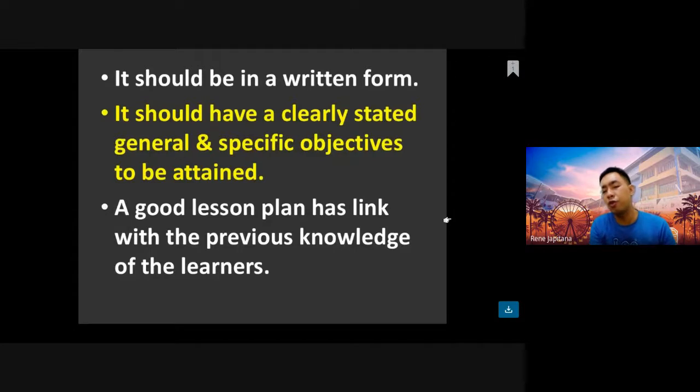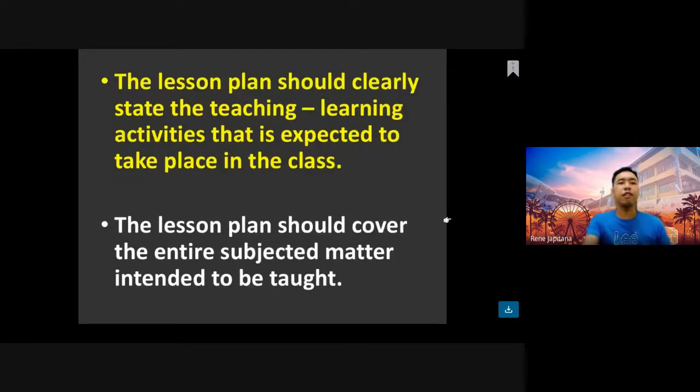We need also to consider that in making the lesson plan. The lesson plan should clearly state the teaching and learning activities. There, we can see the teacher's activity on the left, and on the right side is the students' or the learners' activity. The lesson plan should cover the entire